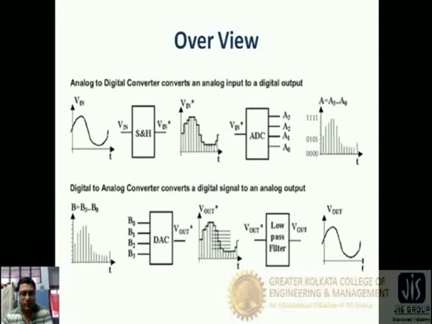You can get a discrete digital output, and with the help of this low pass filter we can get a clear shape of the analog output, which is fed to a speaker, and with the help of the speaker we get the analog voice output of the telephone. In this way we can convert the whole process from analog to digital and digital to analog conversions. So at the end I would like to say that analog and digital both are important,